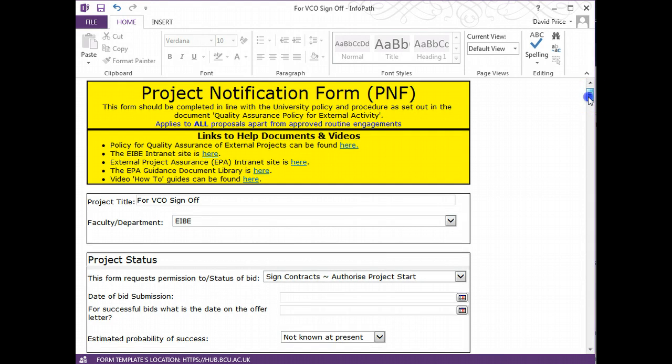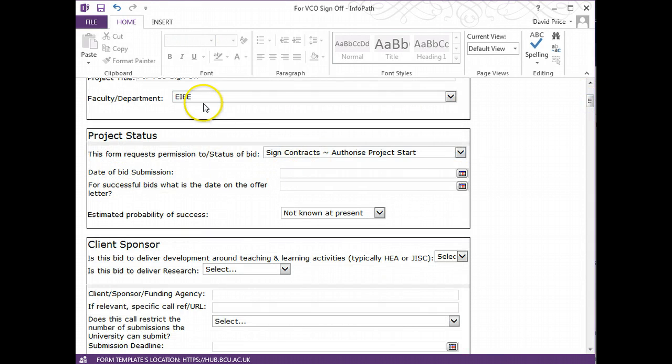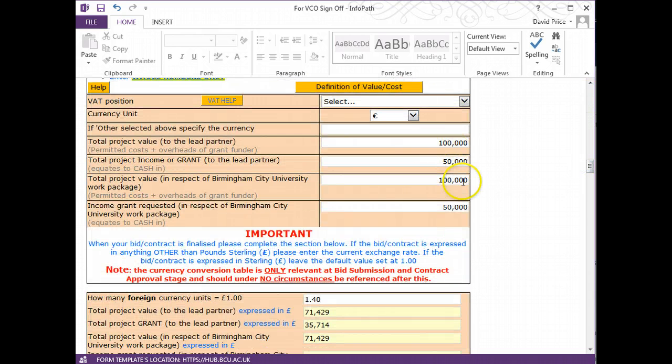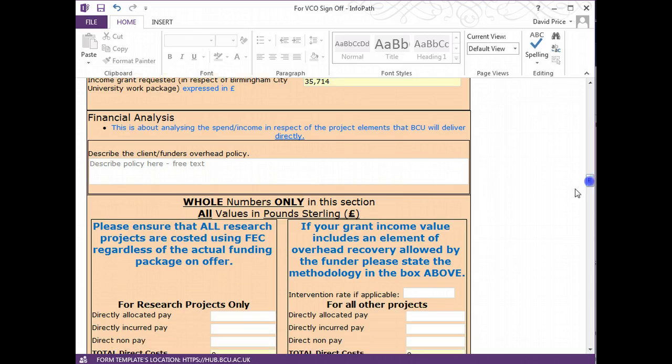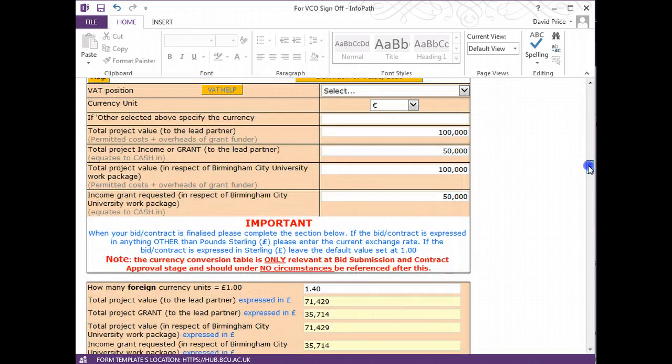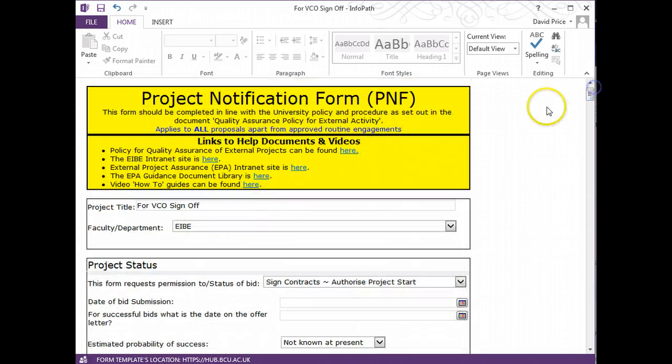and I've completed some of the data on it. I've given it a project name, I've said it's an EB project. Scroll down, I'll put some values in here, and just here we've seen it's a Euro project and it's done some conversion for us. This is ready to go to Julian Beer now, and I need to print the cover